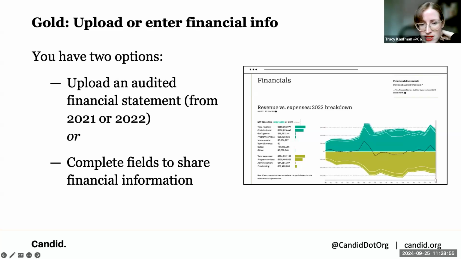And on the right, you'll see here's what some of that information looks like once you've added it. Got your revenue versus expenses over time. So it can tell a story to people of how you've been performing financially over the years. Are things steady? Have things been going up in terms of your budget size? What is the situation here? And it just, again, helps people make informed decisions. Next slide.